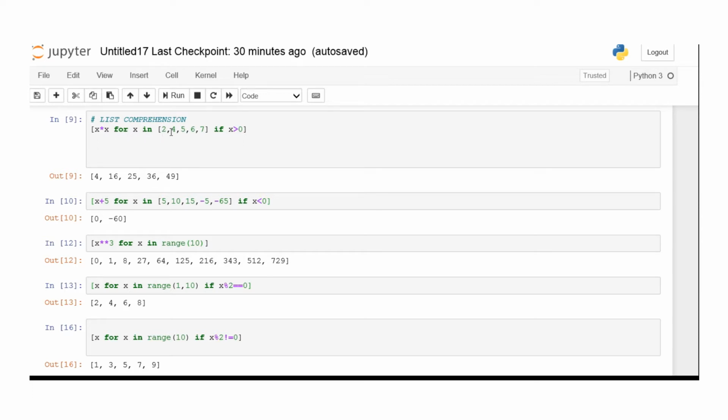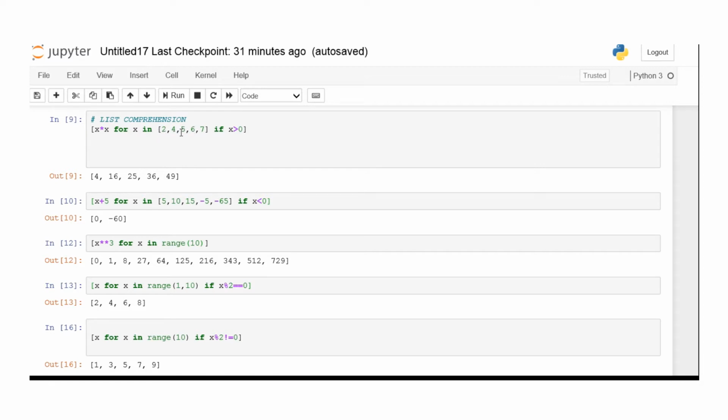What is list comprehension? It is nothing but defining a list with a for loop and with some conditions. First we have to give some expression, the expression with the for loop and the list of elements. Suppose you want to repeat the same operation, some kind of calculation, again and again, with many iterations. In that condition only we make use of a loop, so we go for a for loop. So: expression, then for loop, then all the elements.